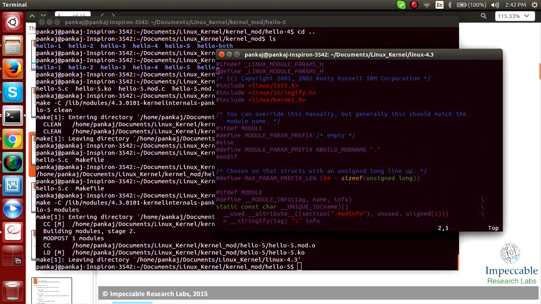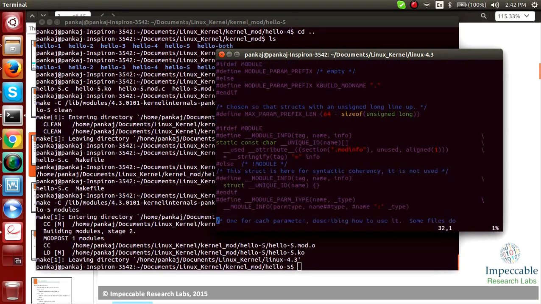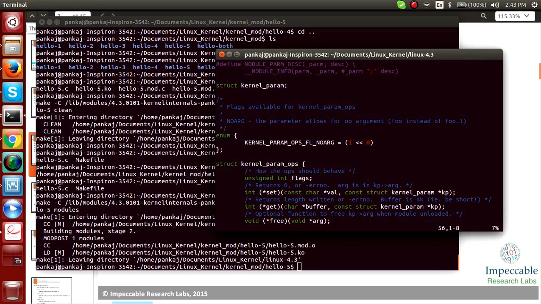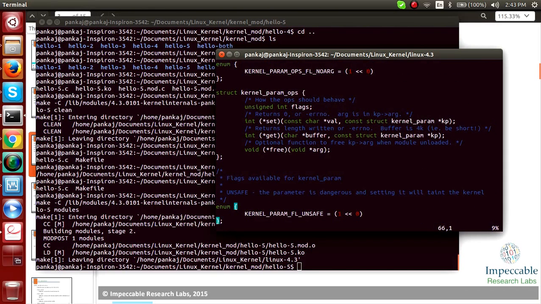Here you can see what parameters you can pass from any of the modules.